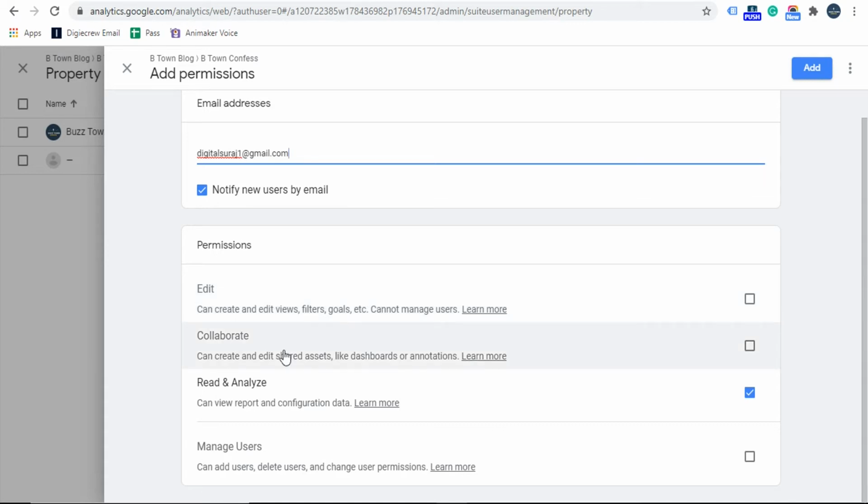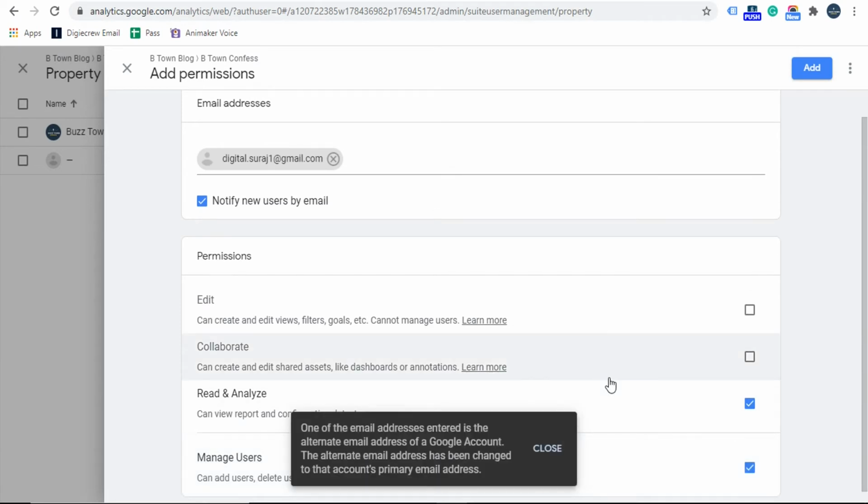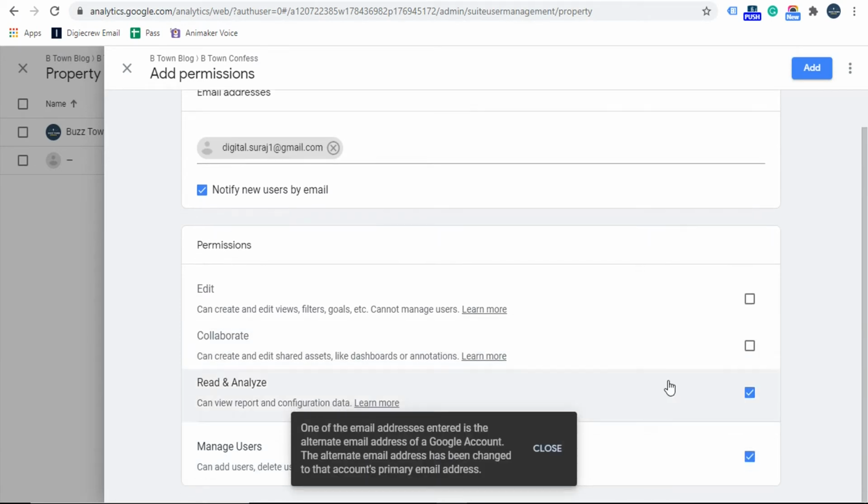Then collaborate, like they can edit the dashboard, create the goals and annotations, those kinds of things. Read and analyze, they can have a look at all your properties but cannot make any edits. Manage users, if you click this one, that means you are giving admin access, so they can also add users or do anything on your account, right?